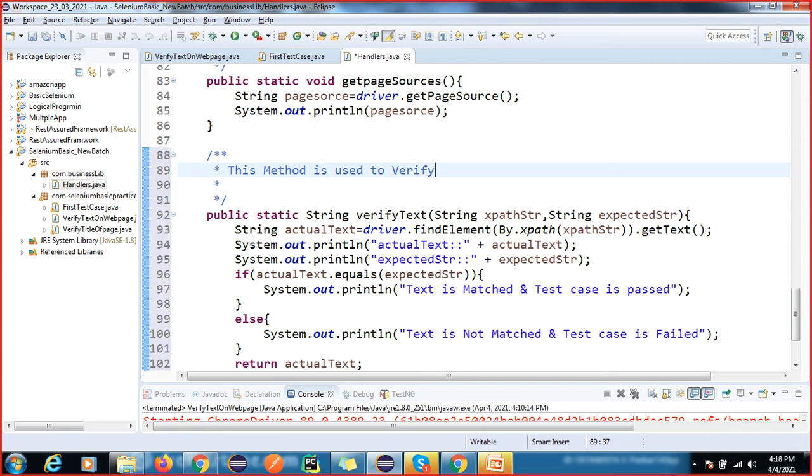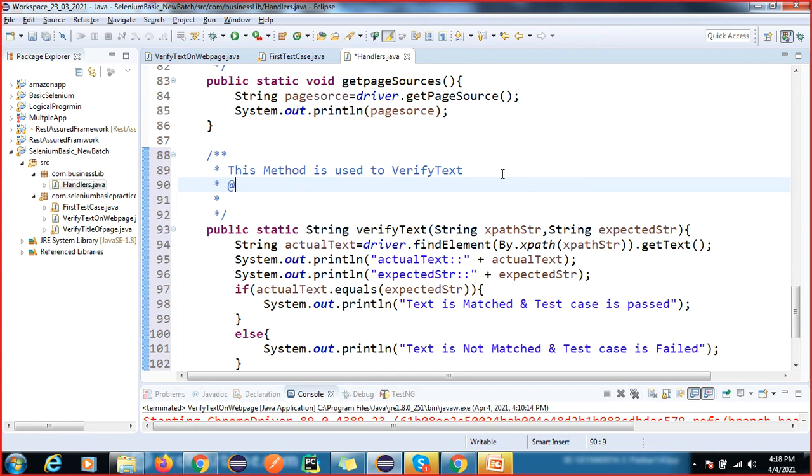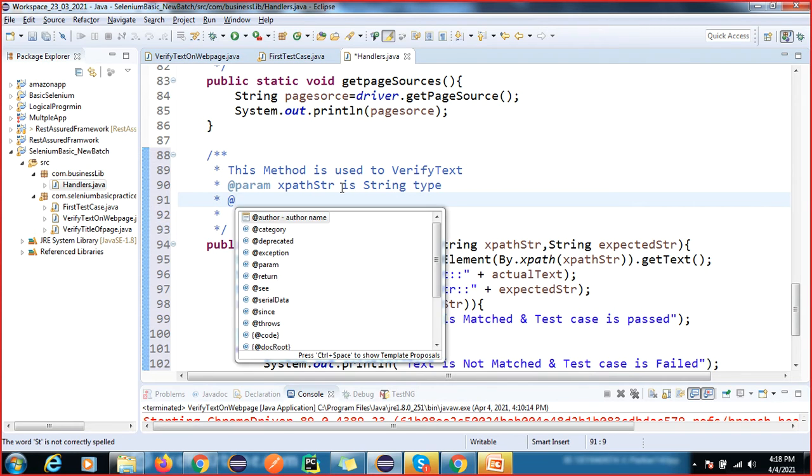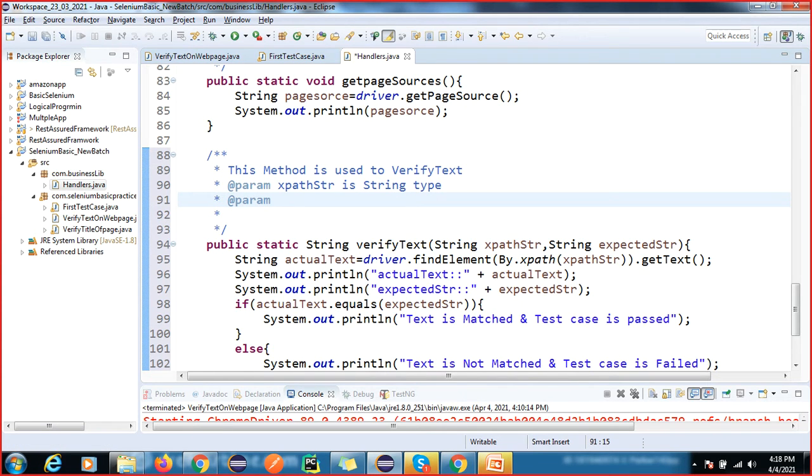Okay, and param xpath is your string type, or param expected is also a string type. Okay, so this is the documentation you have to do.